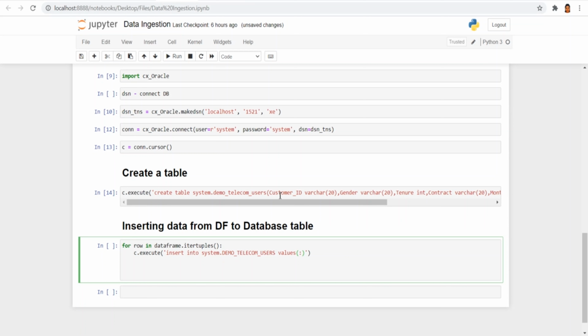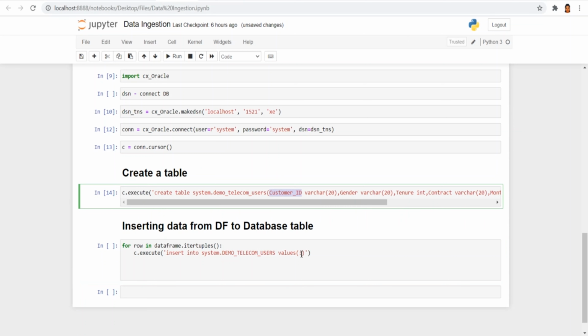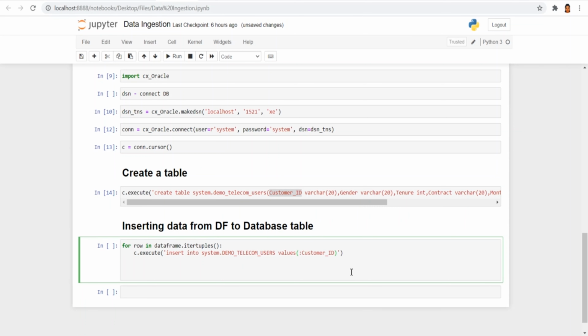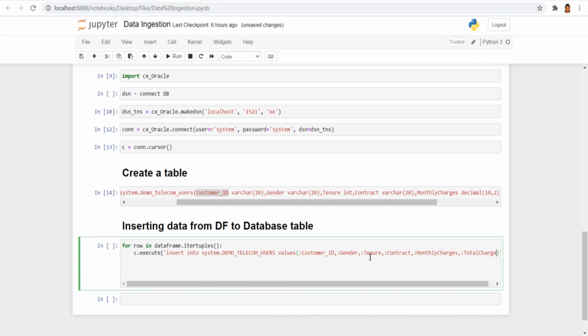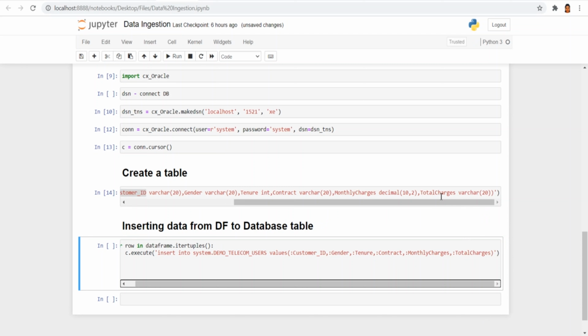So colon customer ID, which I'm just copying, comma colon gender, comma colon tenure, comma colon contract, comma colon monthly charges, and lastly colon total charges. Just make sure the names and spellings are the same.